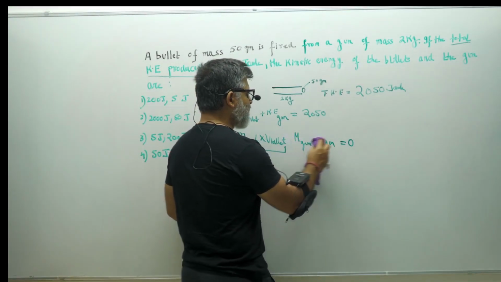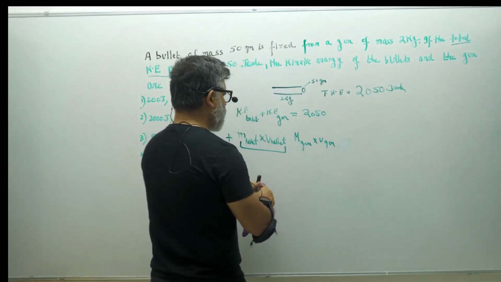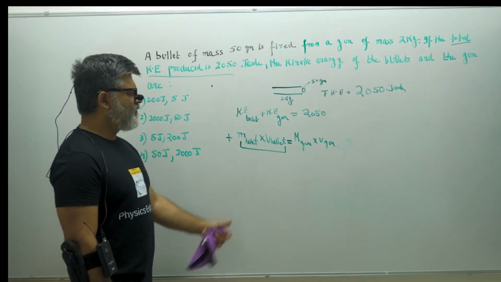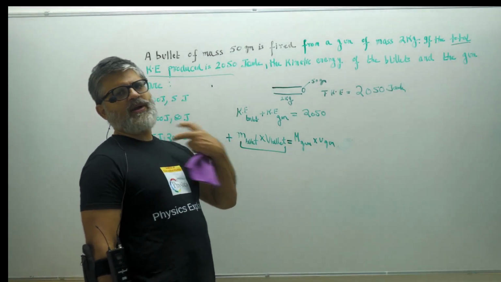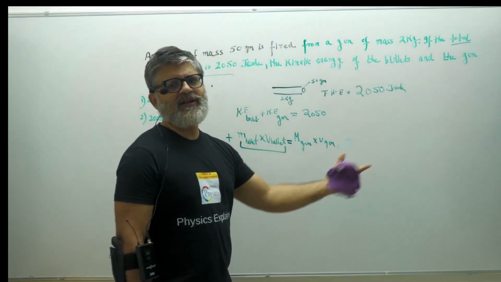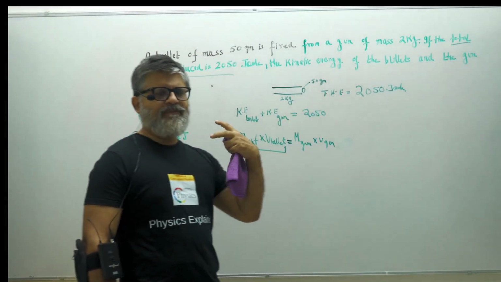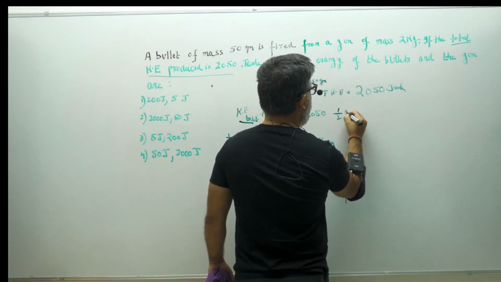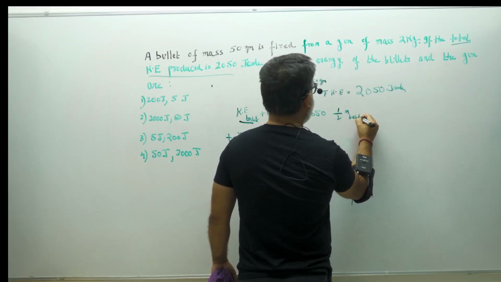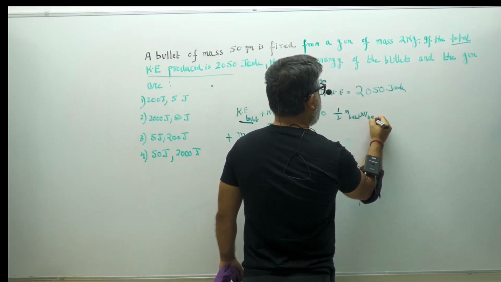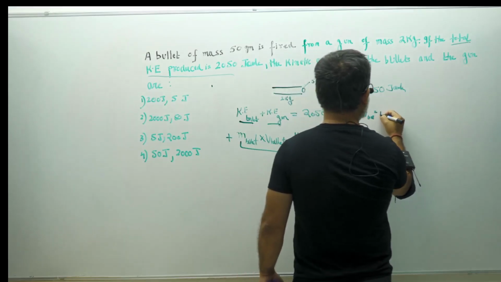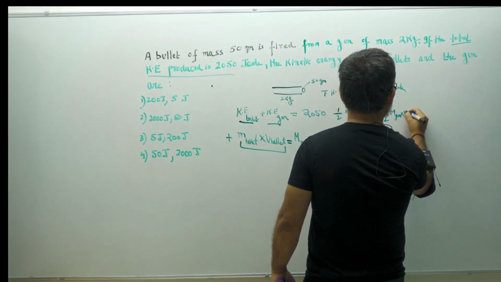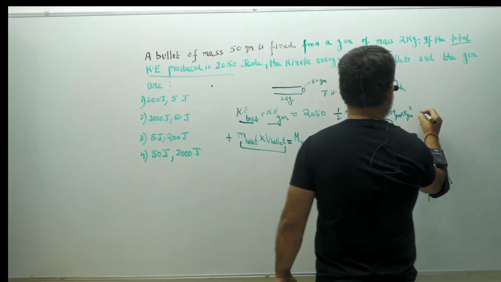I removed this negative sign and I brought an equal here. So the momentum equation looks like this. The momentum of the bullet, which is backward, is equal to the momentum forward, which is equal to the momentum of the gun backward. So if I write this equation, I will get half m bullet multiplied by v bullet square plus half m gun into v gun square is equal to